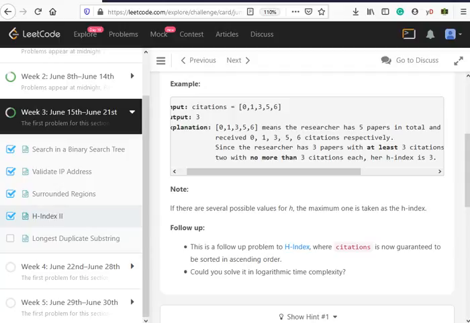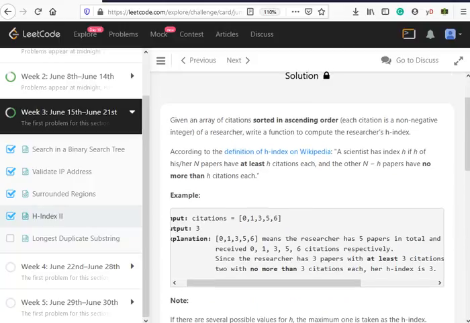So if citations of h is equal to length minus h, then we can say that we have that value. Whereas if the value is greater than that or less than that, then we need to figure out what we are going to do in those cases. So basically the solution is very simple. It's about binary search, and the point that should click for programmers solving this is that the array is sorted in ascending order, and you need to find the index h inside this array.